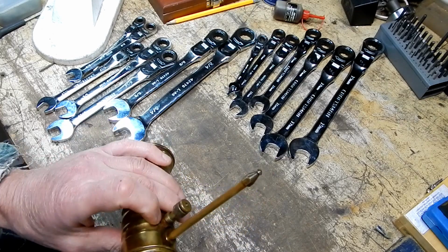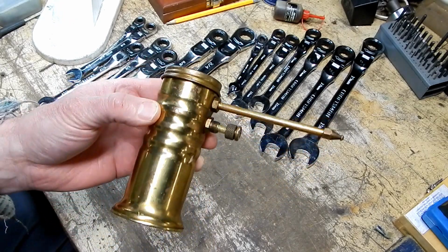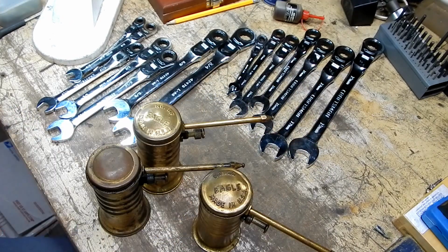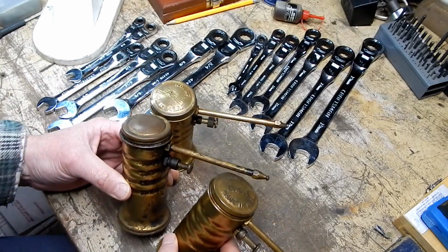So anyways, this one seems to work perfectly fine. Like I said, I don't even need any more of these. I just got kind of a weakness for these Eagle 66 oil cans. Yeah, so here's a couple I could put my hands on right away. I think I might even have more than these, but